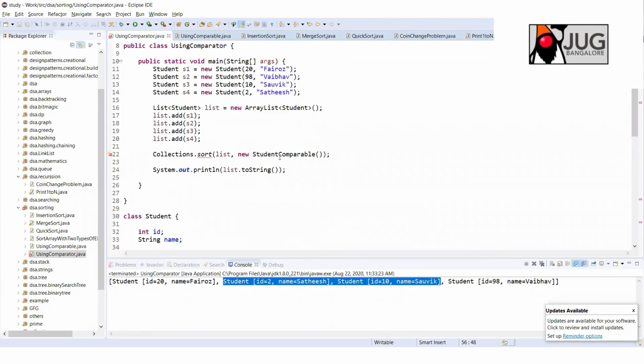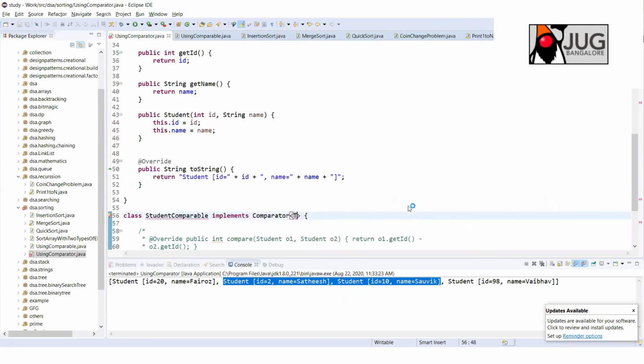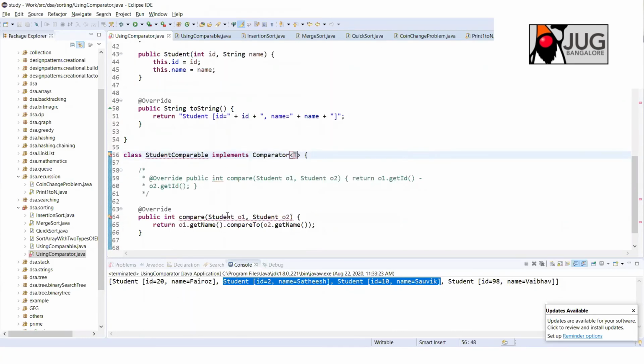So instead of student, it becomes T here, and here also T. Now you pass whatever T you decided, and you don't need it to be student comparable. Any object you can pass. That is how it goes.